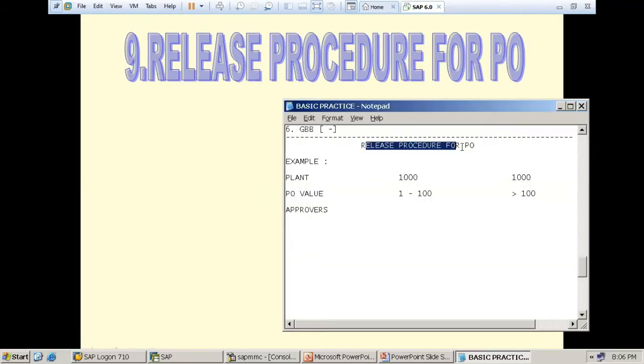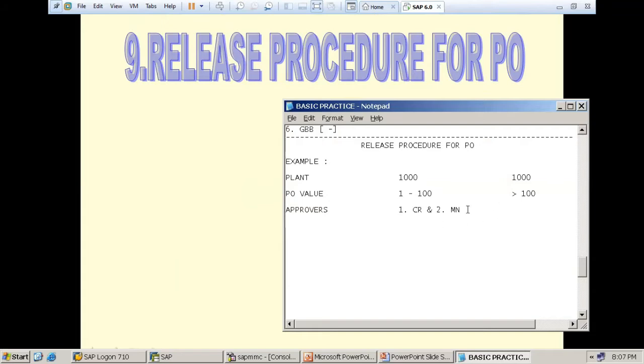I want the release procedure for PO. I have plant 1000. For plant 1000, if the PO value amount lies between 1 and 100, I want approval from the creator, and the second approver should be a manager.